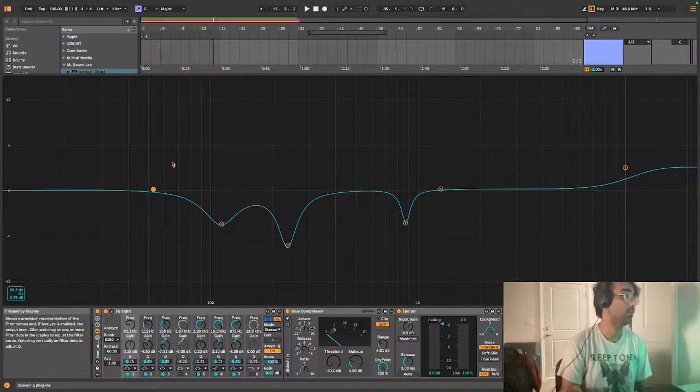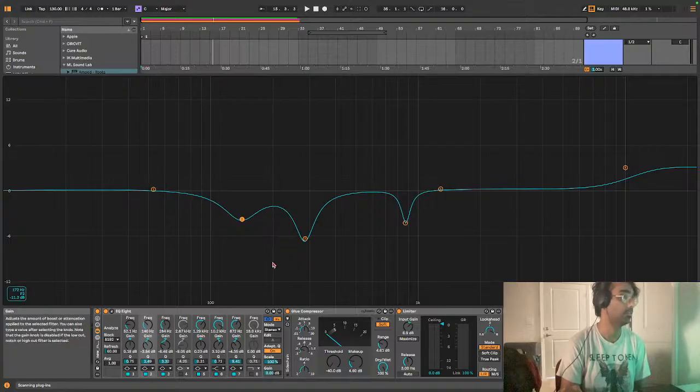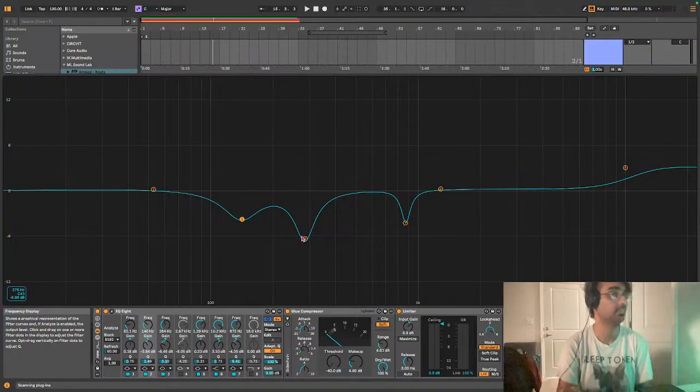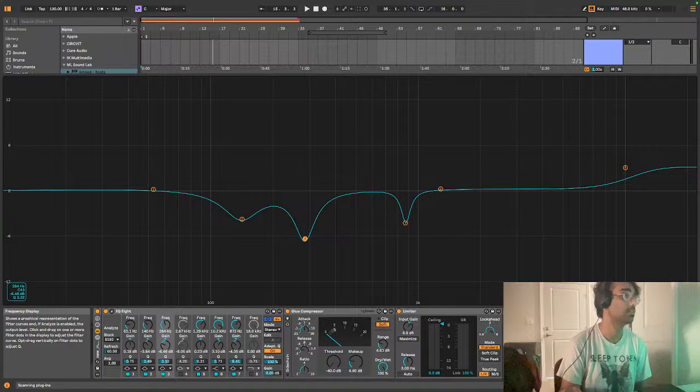Anyway, yeah. So I'm not touching any of the subs. I am cutting out a considerable amount of, this should be closer to like 140, honestly speaking. 140-ish is where a lot of mud and gunk kind of resides. I don't remember. Seems a bit gratuitous, but whatever. And cutting out a bit of honk in this